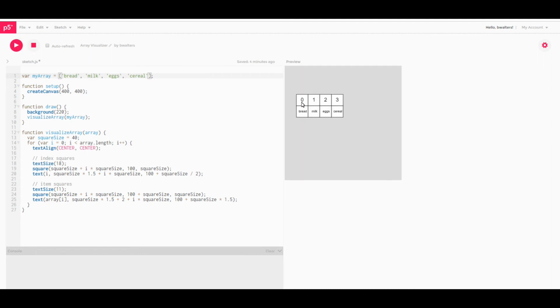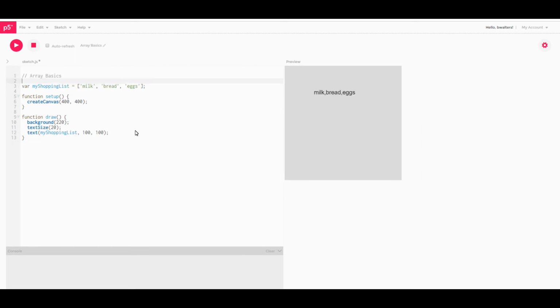But just keep in mind that this is the way the indices work. So back to our array here, let's say I want to just print, instead of printing the entire list, let's say I just want to print the first item on the list. So here where I'm saying my text, instead of saying I want to print the entire array that's held in the my shopping list variable, I put the 2 square brackets over there,